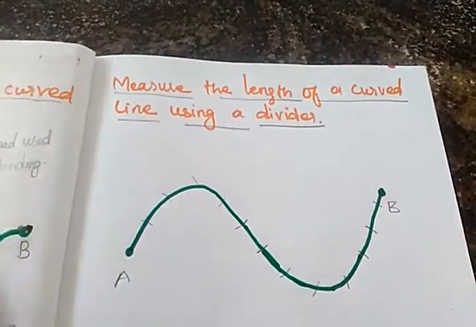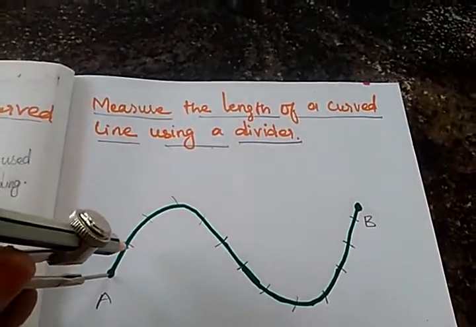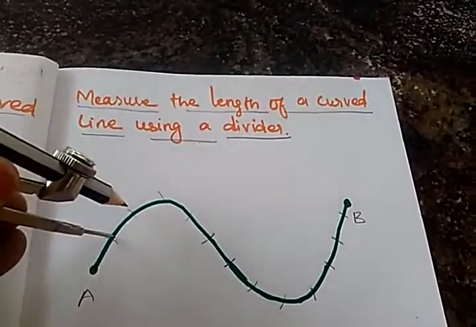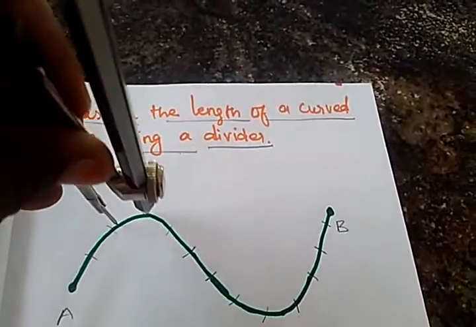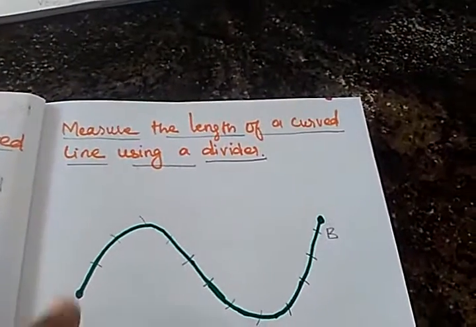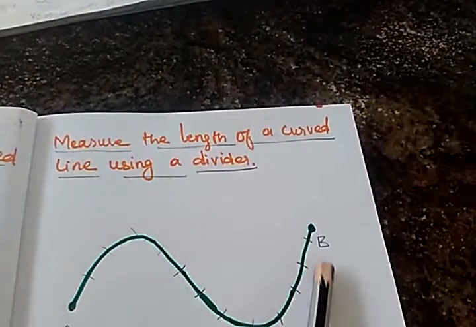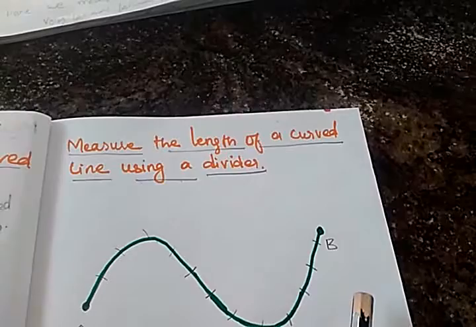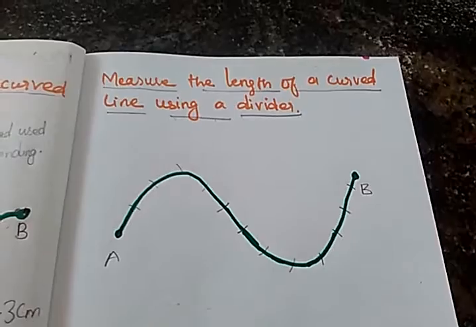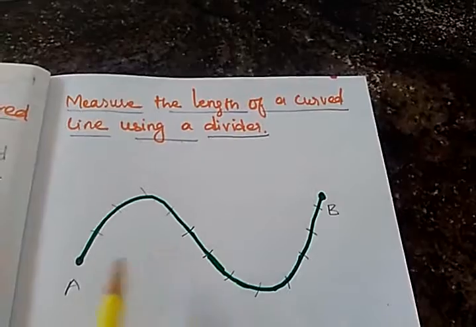Then place it on one end. Starting from one end, mark the position of the other end. The 1 centimeter is cut like this. Move it along the line again and again, cutting the line into a number of segments of equal length. We have many segments.